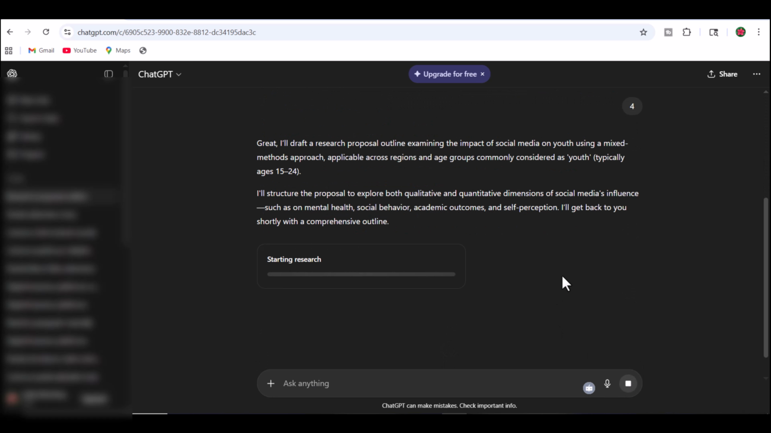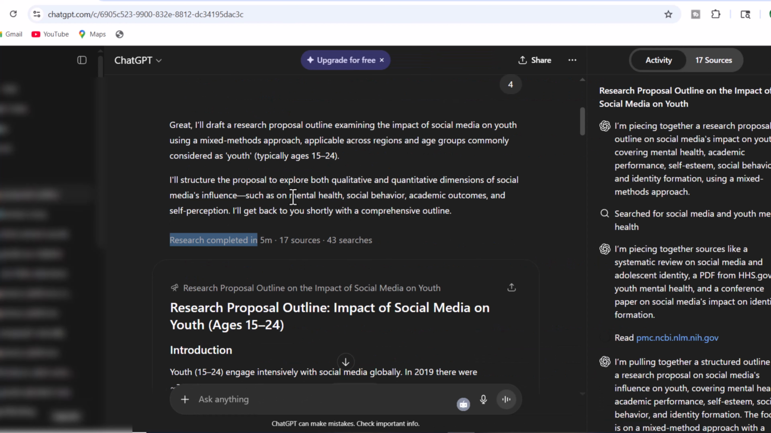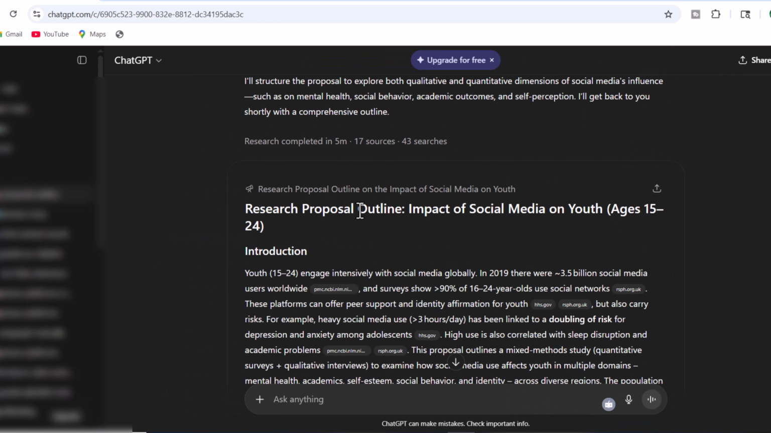Now click search. It has started searching on our research proposal outline. This method will help you in preparing your research proposal and offering the justifications for every chapter or every heading in your research proposal. You can see that it almost took 5 minutes, 43 searches, and 17 sources, and has